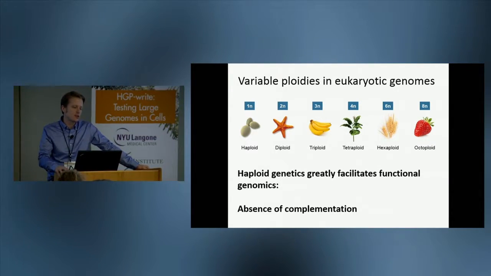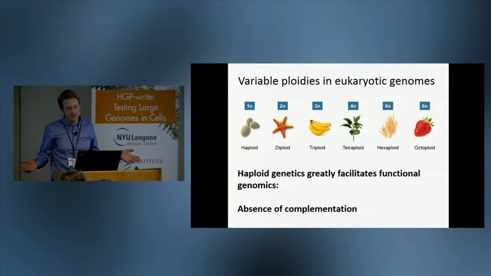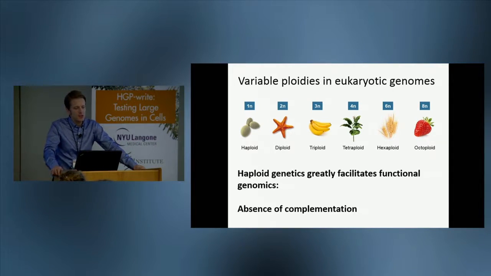And the reason is not just because it has less DNA in it, it also greatly facilitates the analysis of the genome. And I think there's great value of doing this in human cells, because ultimately if we want to understand the human genome, we need to be able to change it as much as we can and to gain the most functional insight. Haploid cells, there's of course an absence of complementation by another allele, so whatever you do to the cell should